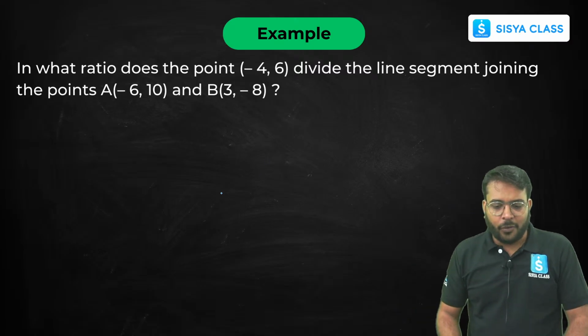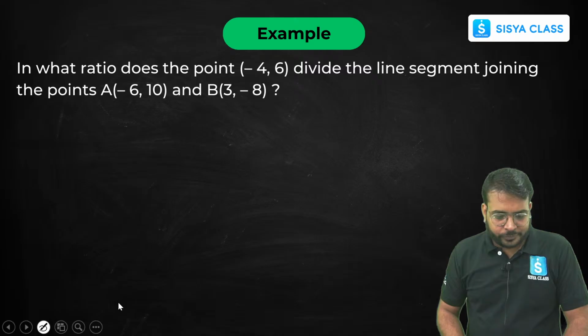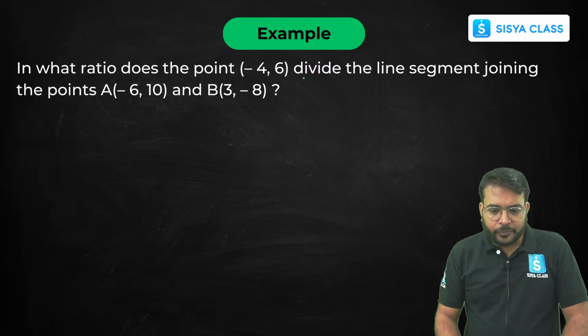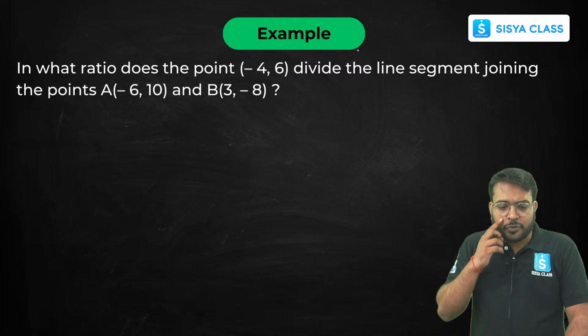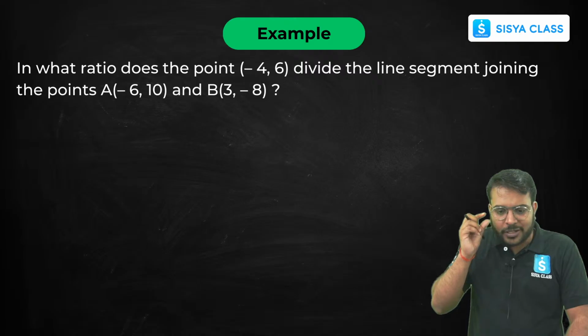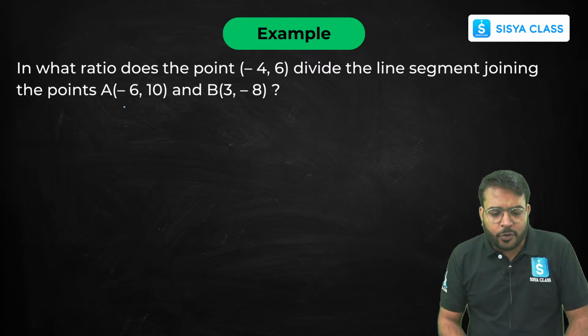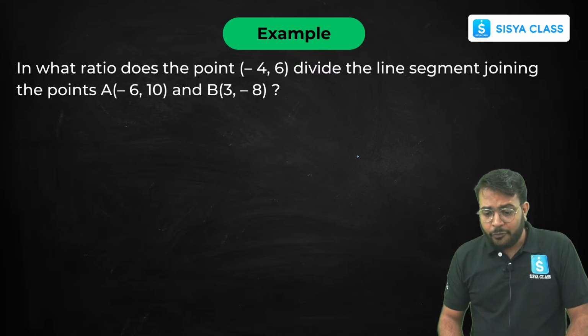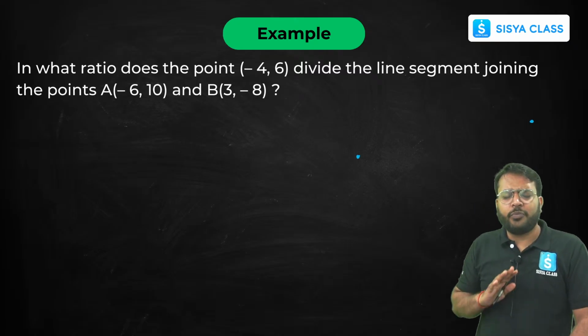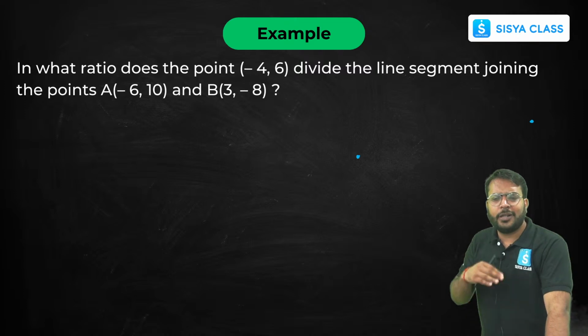Okay. Now look here, fine, one more example question. In what ratio does the point -4,6 divide the line segment joining these points? Again, very important question बेटा, this question has been repeated many times. ये वाला क्वेश्चन बहुत बार आया, ठीक है, सेम क्वेश्चन, ठीक है, डिफरेंट डेटा के साथ, डिफरेंट वैल्यूज के साथ